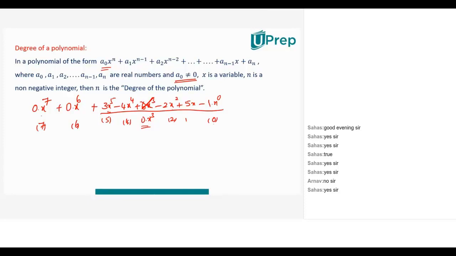Power is 7 here, power is 6 here, then 5, 4, 3, 2, 1, 0. Power is becoming 7. But can I call this a polynomial of 7th degree? I have to stop doing it, otherwise, why should I stop with 7? I can also write it as 0 times x to the power of 100, x to the power of 99. Any power I can keep on adding. So degree is determined from the standard form of a polynomial, provided the highest degree term should be the last term on the left hand side. On the right hand side, the last term should be a constant.